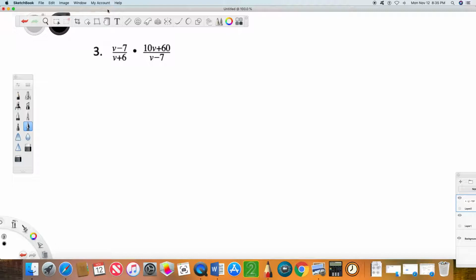But let's start out by writing these two fractions as a single fraction. Let's multiply the two numerators together. So we'll need parentheses around these binomials. And let's multiply the denominators together, and we'll need parentheses around these binomials. Now that denominator is really nice because everything is completely factored